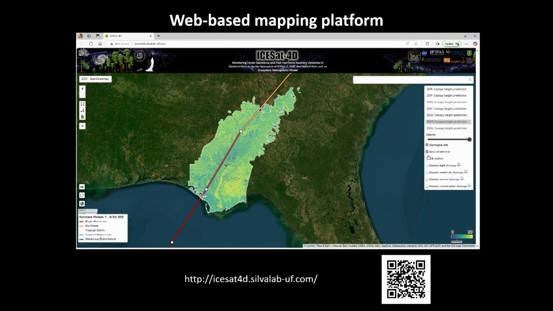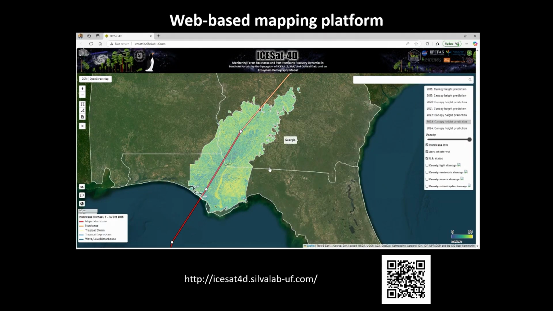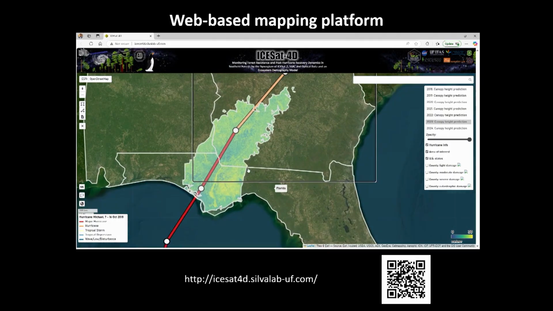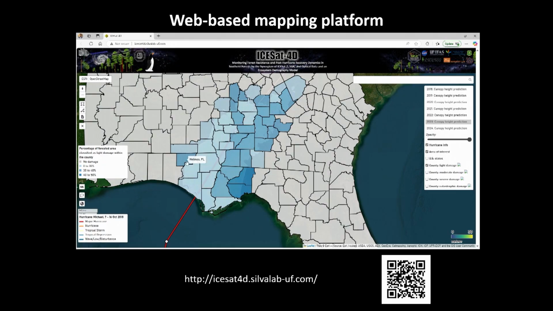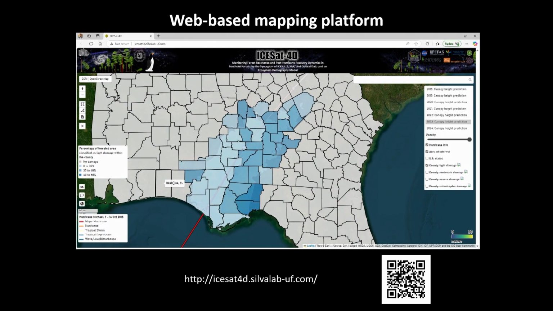The nice thing about this R package is that it allows you to reprocess the ICESat-2 data and come up with height metrics at whatever resolution you want. Of course, you don't want to produce maps at 1 meter resolution, 3 meters or 5, because you might not have enough photons at that resolution. But we tested it, and we were able to get, at least at 10 meters, a good amount of photons to produce the map at 10 meters spatial resolution.